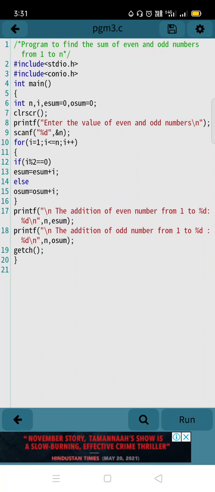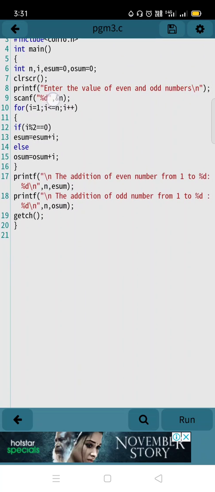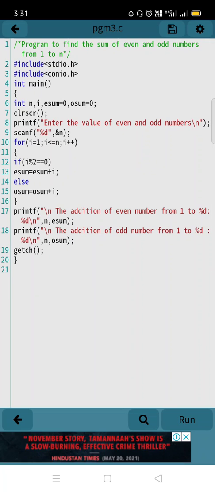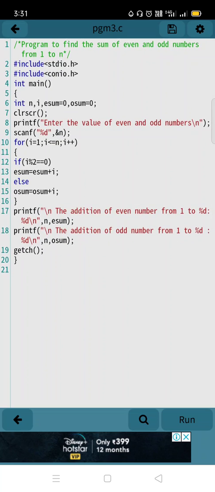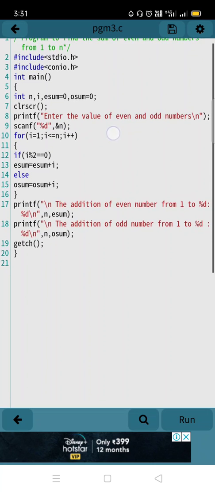So in the scanf, whatever value you enter, just now I told 5, if you enter the n value as 5, then that 5 is going to be converted to your machine level language using this character conversion in the scanf function. Scanf is an input function. Whatever value you enter is converted using the scanf function to your machine level language. Those are stored in your computer memory using this ampersand operator. So you are giving what here? Ampersand n. You can see in the scanf function.